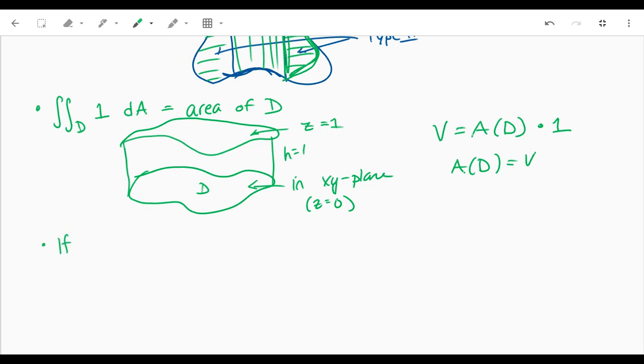if m is less than or equal to f of x y, which is less than or equal to big M, for all x y in D, then we know that that integral,